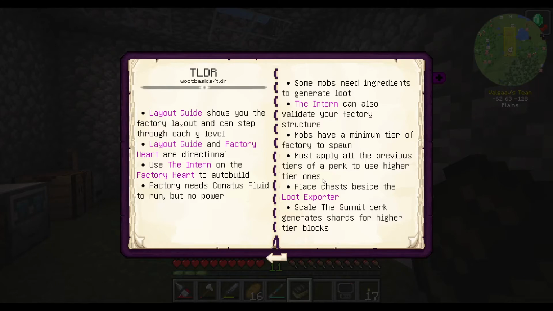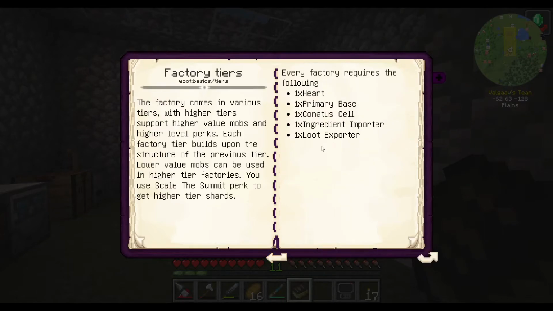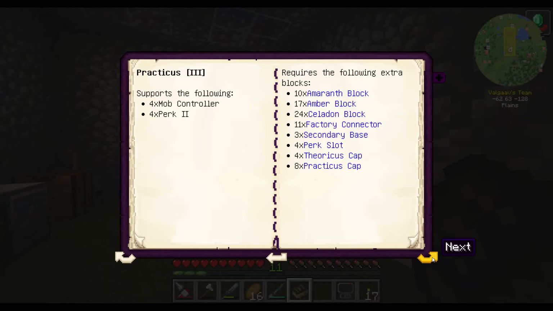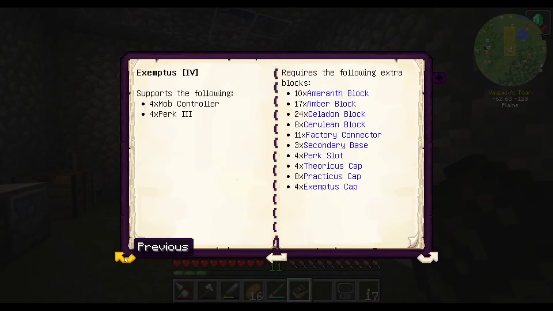Must meet minimum tier of factory to be able to spawn. Must apply all the previous tiers of a perk to use higher tier ones. Place chest beside the loot exporter. Scale the summit perk. Generate shards for higher tier blocks. Okay. Every factory requires the following: a heart, a primary base, a conatus cell, ingredient importer, and a loot exporter. Alright. This is... Okay, normally used for bosses such as the Ender Dragon. Alright. Supports the following...